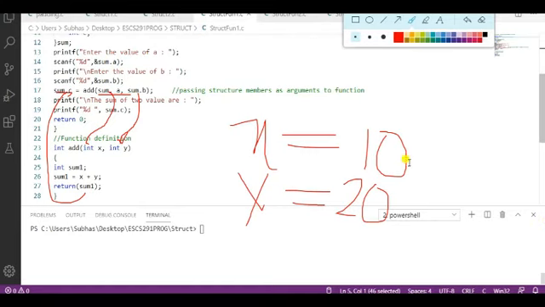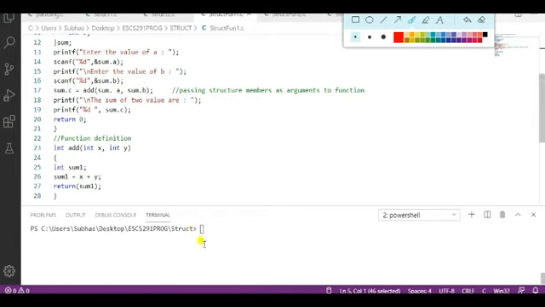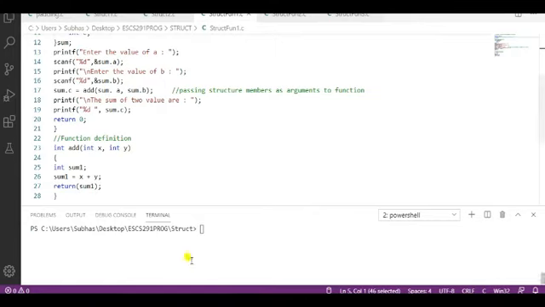Okay, so let me execute this example. The name of the file is structfunc1.c. So gcc, what is the file name? structfunc1.c, then -o, the new file name, for example sf1.